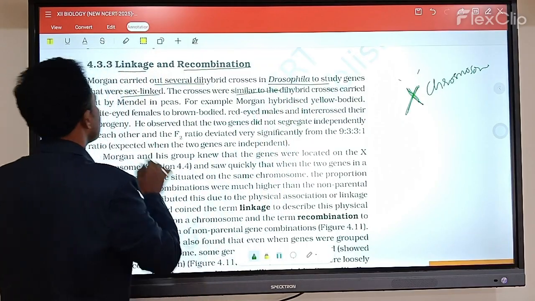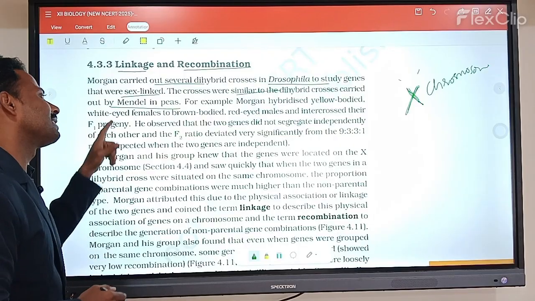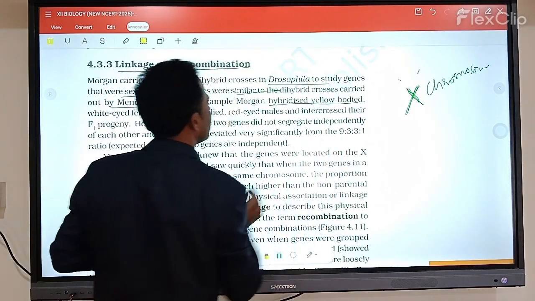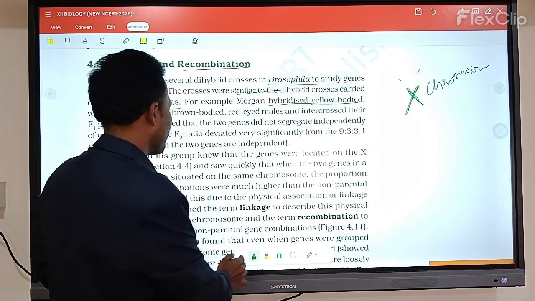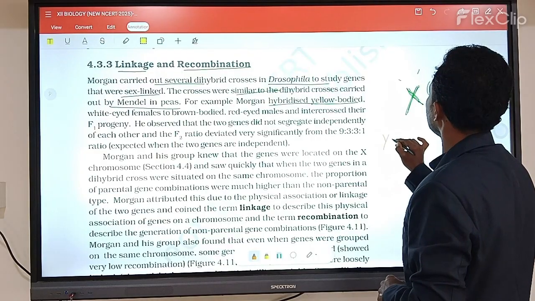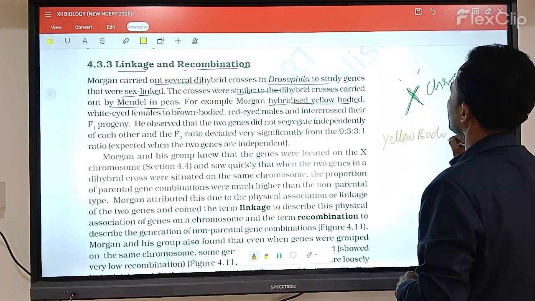The dihybrid cross is carried out as in Mendel's pea plant experiments. So how did Mendel do the dihybrid cross? Here Morgan also did the same kind of experiment. Morgan hybridized flies, taking a few characters: a yellow body and white eyes,